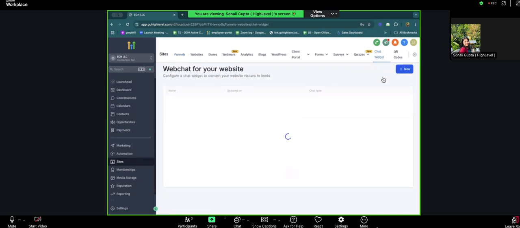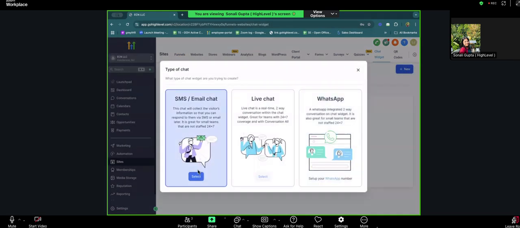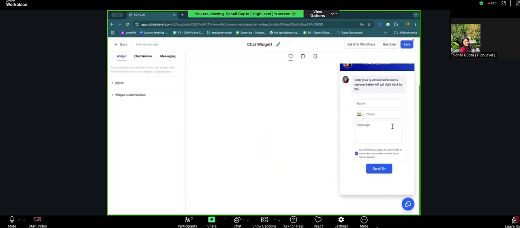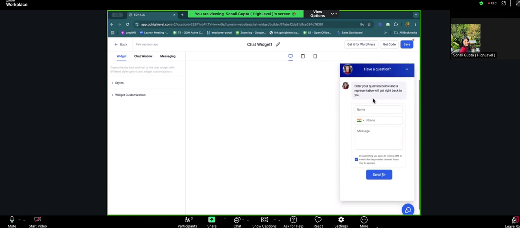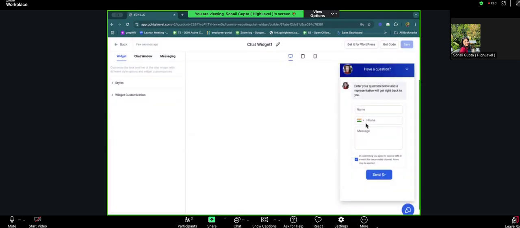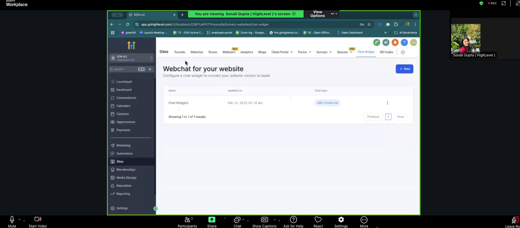Chat widget is basically, do you have a chat widget on your website? No, we don't have chat on our websites at all. Something like this? No, we don't have any of that on the websites currently. Okay. So let's say if you want to integrate these in your current website, just get the code from here and you can import the code on your current website and this will start working. You don't have to actually be live on your website to reply back to your clients. Whatever chat you're going to do from your website, you can actually do this in an SMS and an email form too. Familiar with that as a user.